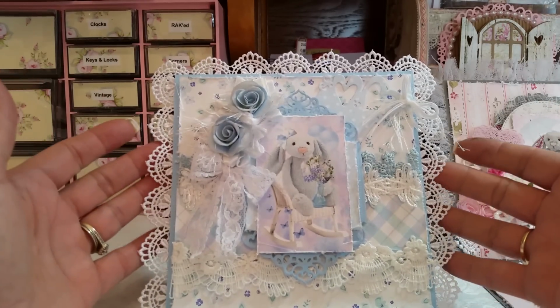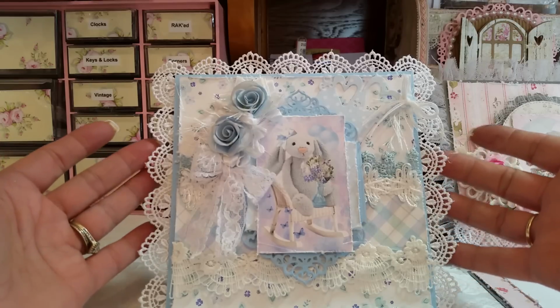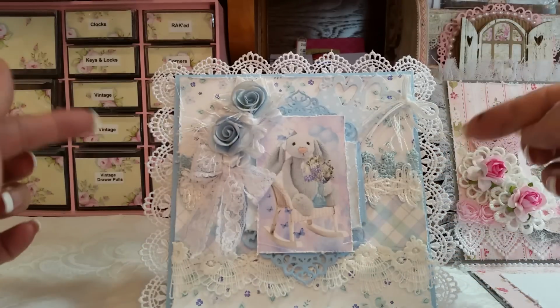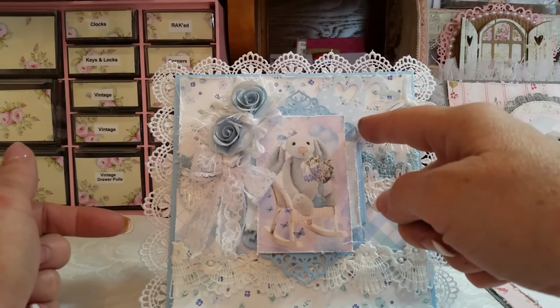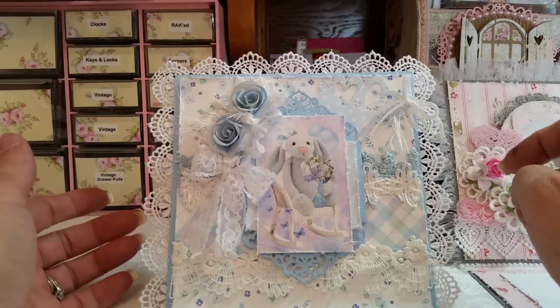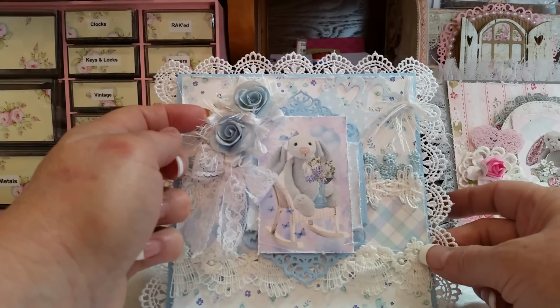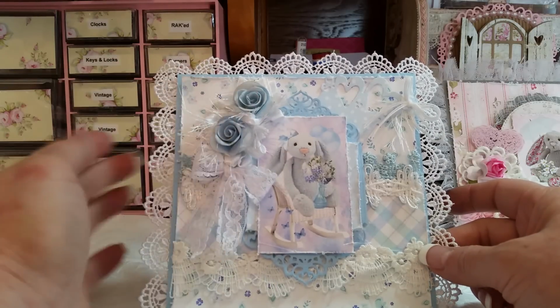So I had this nice lace in my stash, and it's a firm lace. So it looked great bordering the card. This is a magnolia die back here with the little hearts, and I just tied some twine there. I ripped apart some fabric flowers I had in my stash, and then I layered the